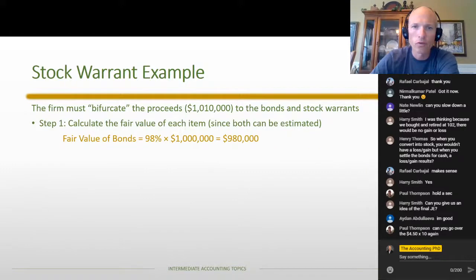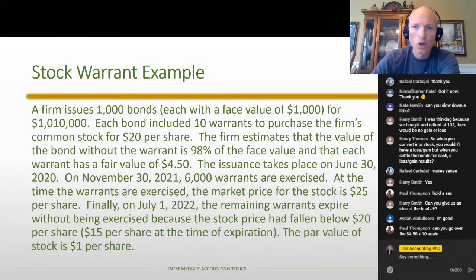Let me go back to the actual verbiage. If you look at the second sentence, it says each bond included 10 warrants. And so that's where that 10 came from, because each bond is issued with 10 warrants. If you imagine it as two pieces, there's the bond piece, and then there are 10 warrants being issued with it. And then the $4.50 is the fair value for each of those. So they have 10 different warrants in here, and they're estimating that each warrant is worth $4.50. If you add that up, it's basically saying that there's $45 of stock warrants being issued,